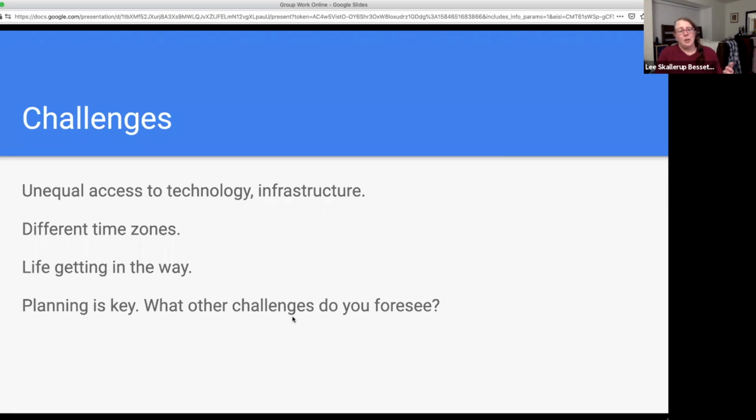So what else? What other challenges do you foresee? What are the other ways that you think that this can go wrong? Because I'm sure we are all very good right now at catastrophizing. I know I am. So what are our catastrophes? What are our challenges to trying to make this group, this collaborative assignment successful? Feel free to, again, share it in the chat.